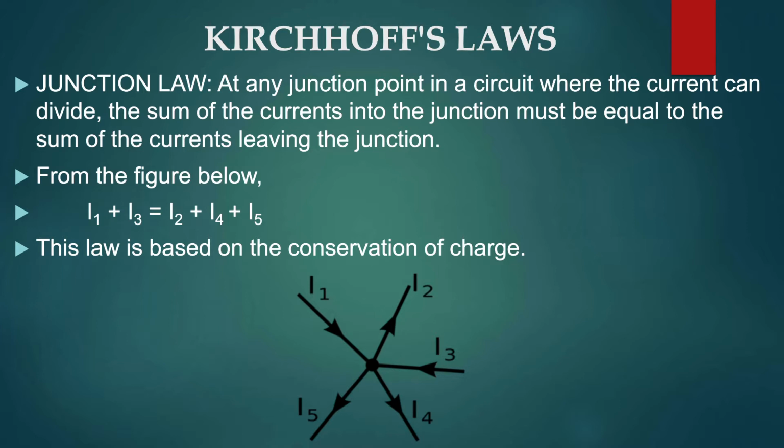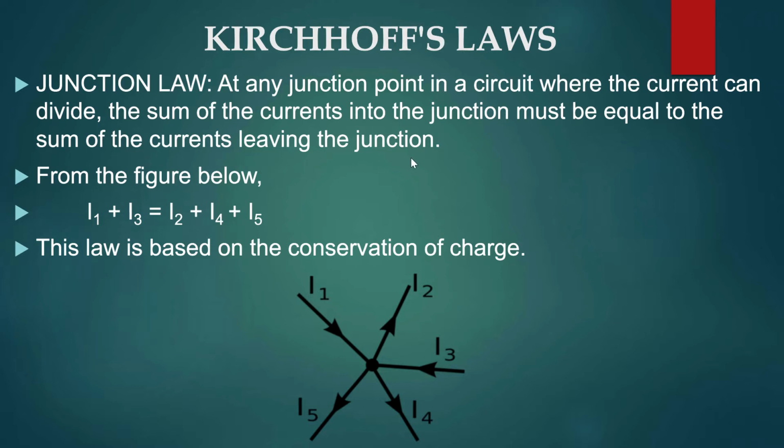What is a junction? A junction is a point where three or more conducting wires meet. So let's now state the junction law. You can just see in this figure, children, there's a point wherein these five conductors are meeting. So this particular point is known as your junction. According to your junction law, at any junction point in a circuit where the currents can divide, the sum of the currents into the junction must be equal to the sum of the